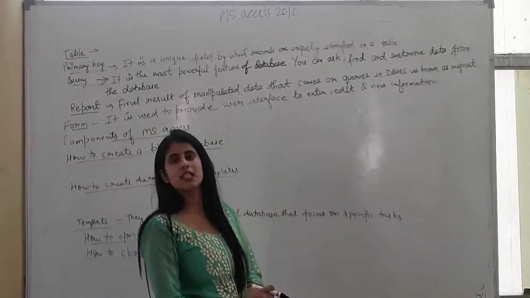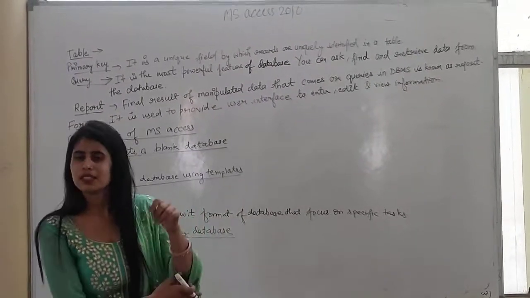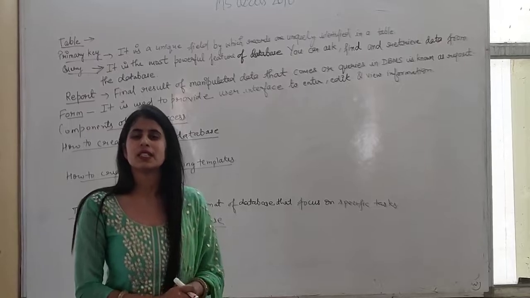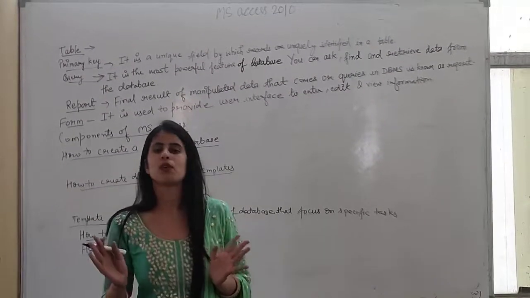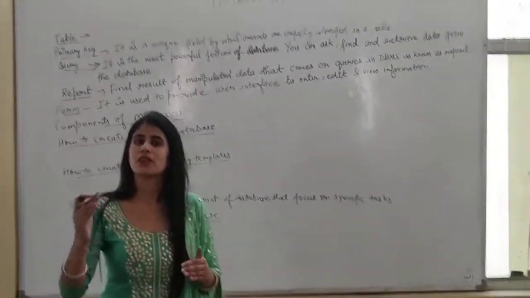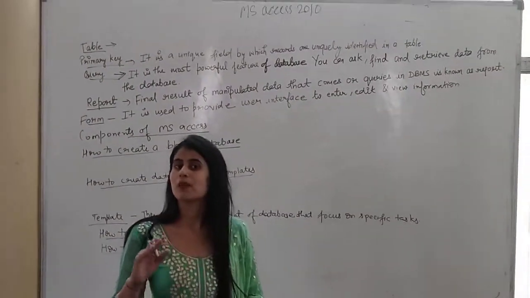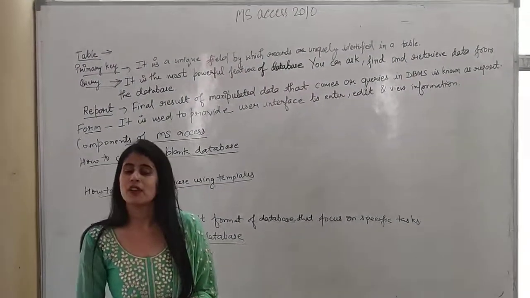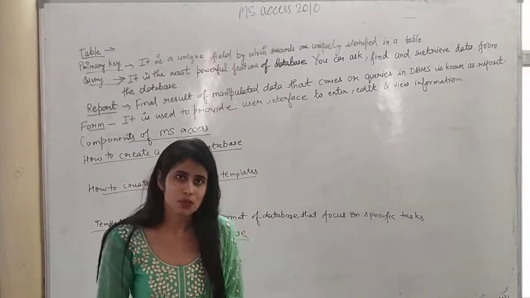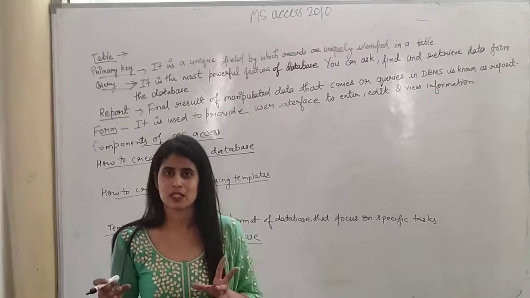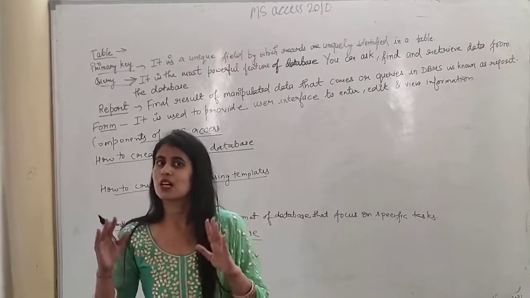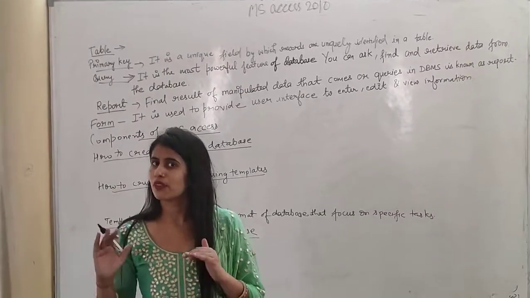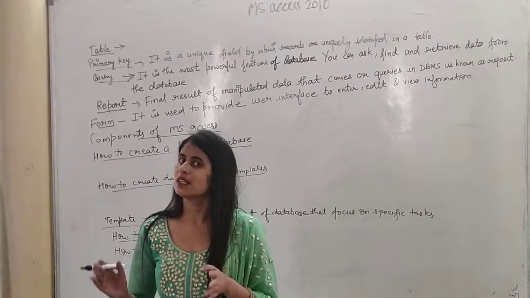In the previous week we studied a few topics regarding MS Access. The first is database. You know that a database is a collection of a huge amount of data that we use for any specific work. The second was DBMS, which stands for Database Management Software. We use this software to retrieve data from the database. In a database we have stored a huge amount of data, and to search for any data we need software for it, known as DBMS software.